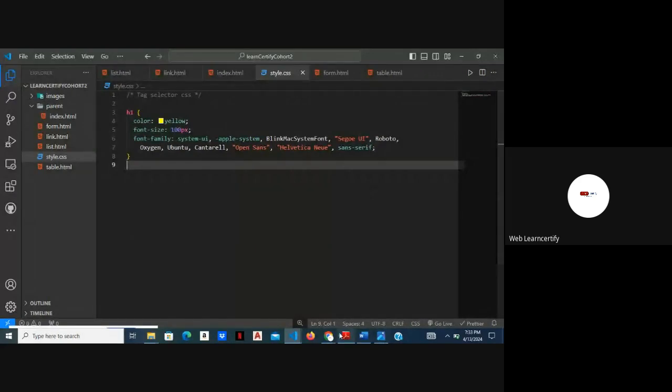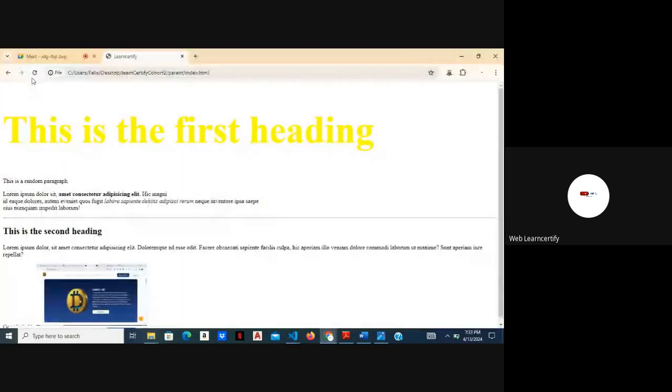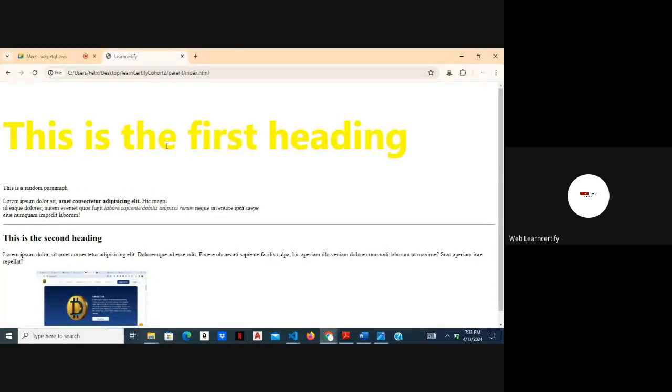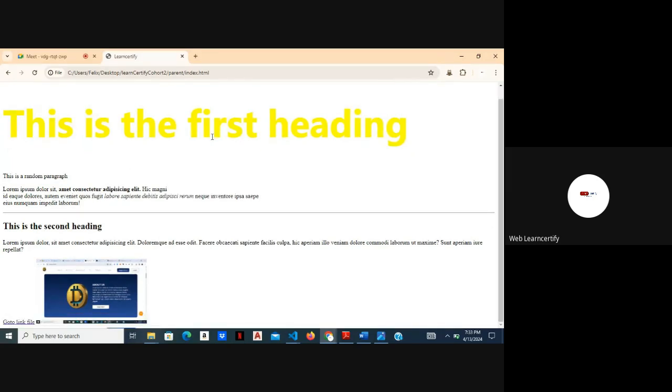Okay, so if I go back and I refresh, you see immediately that the font type, the font family, has changed to a different font, which I feel is more appealing to my ears, and I'm okay. So I can now go over to styling something different. So this is how we effect changes